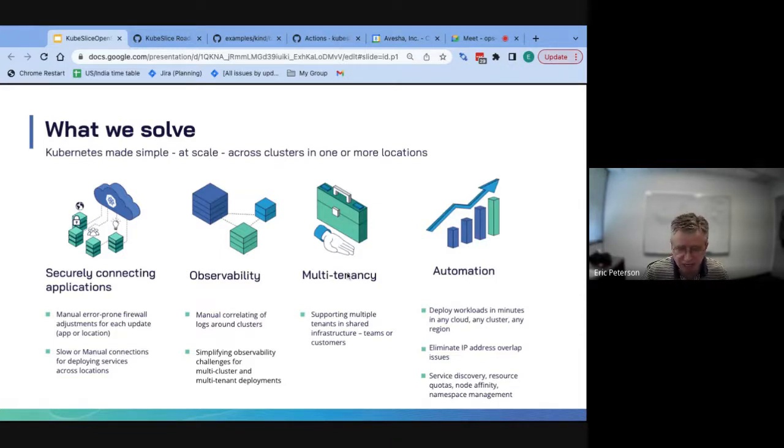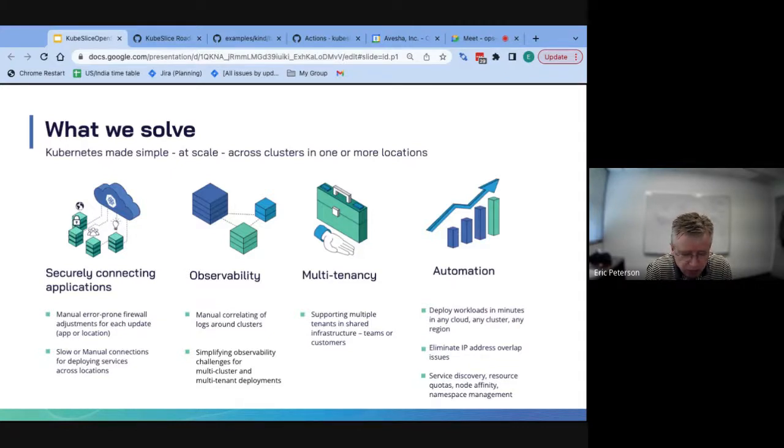We talk about multi-tenancy, and this is the ability to essentially carve up the cluster resources and associate them with different orgs. That org could be just another team within the same company, or it could literally be different companies. One of the things that drives this is, for example, edge computing again, or like 5G cell site clusters.